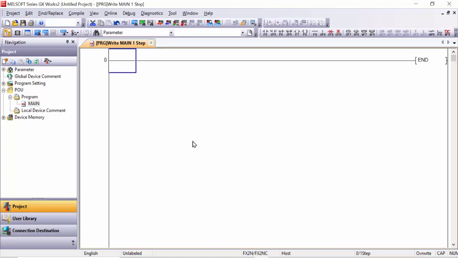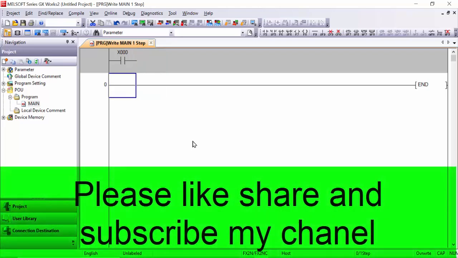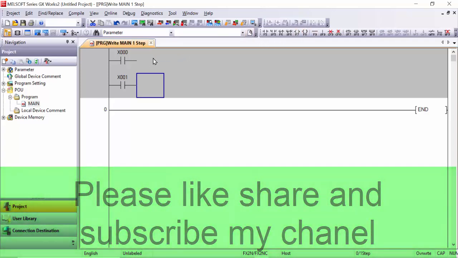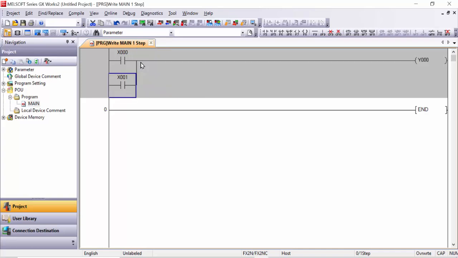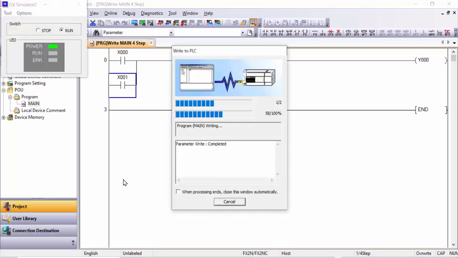For better understanding, I will take one X0 input and in the second row also I will take X1 signal for OR logic operation, and this line I will connect here, and here I will take one output, for example Y0, and simply this program I will compile and download to the PLC. And now go to the simulation,